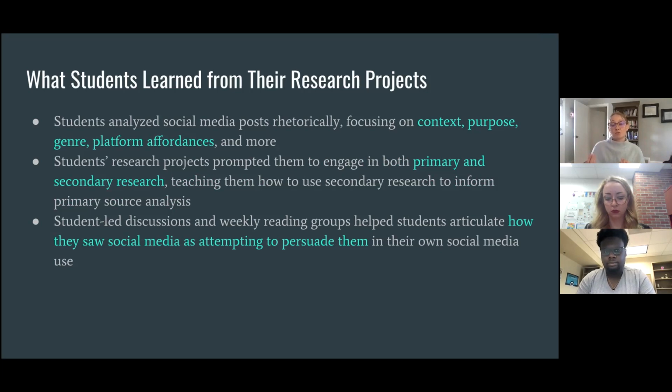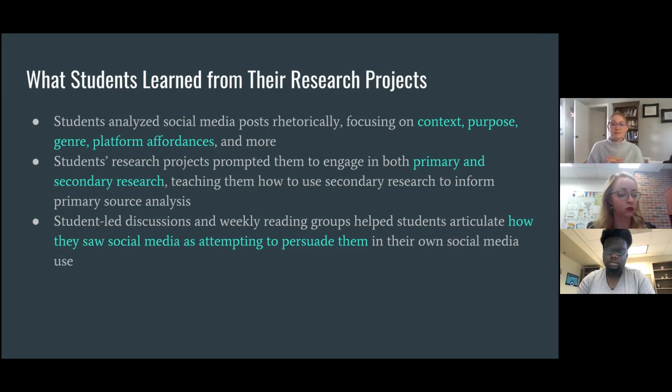The secondary research acted both as a model for students for their own projects, and it gave students ways to think about methodology. My students consulted primary or secondary research to think about their methodology and methods so they could engage more deeply in their primary research beyond a traditional 200 level rhetorical analysis.